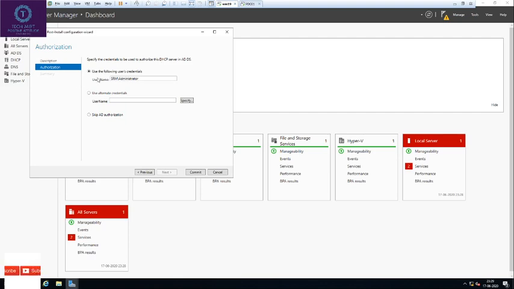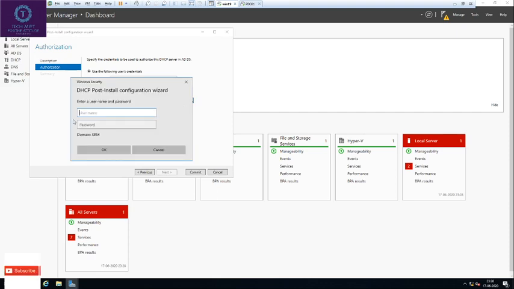Either you can keep the default administrator, or if there is a dedicated user that you have created, say I have created a test user, I will specify that user, type the username and its password.